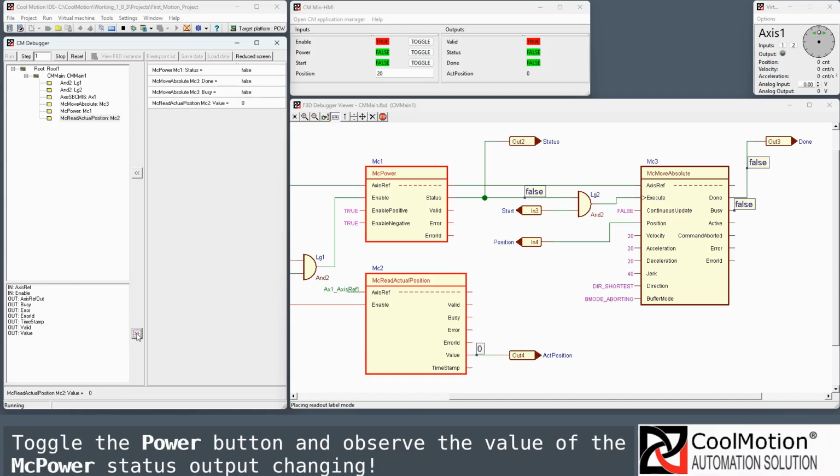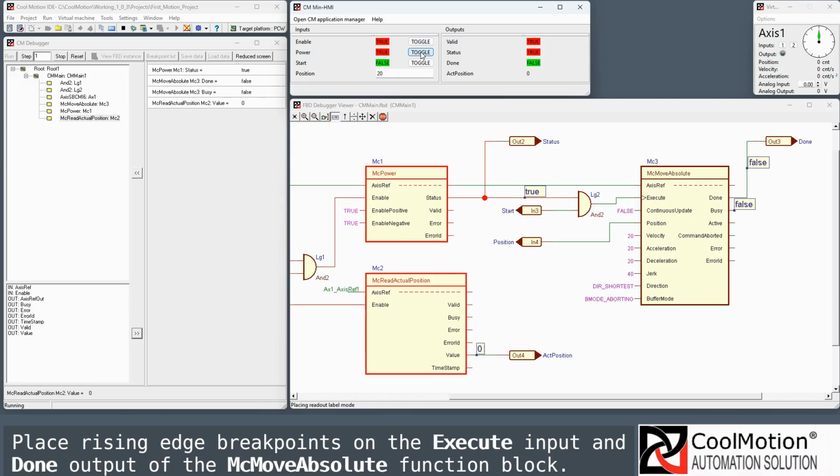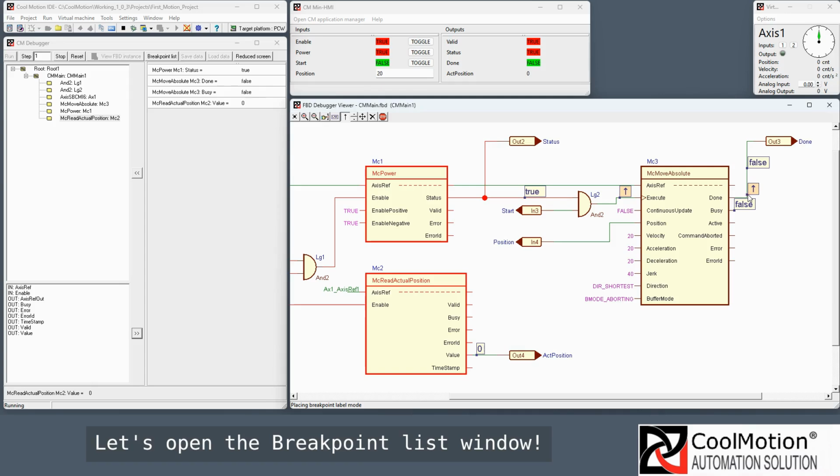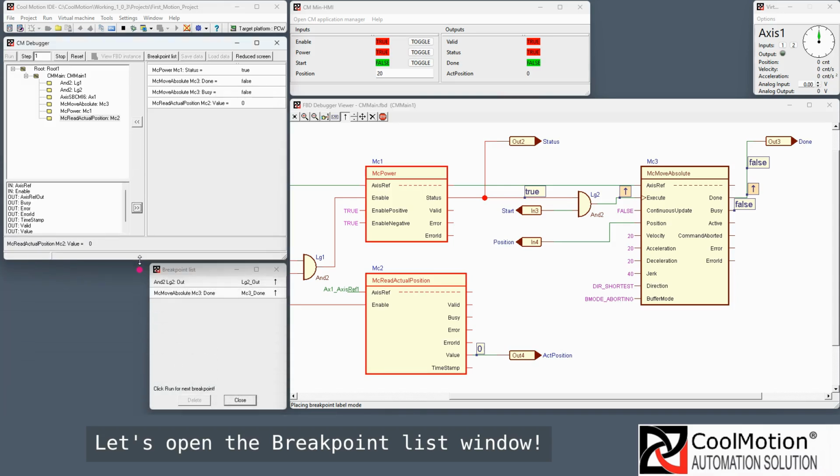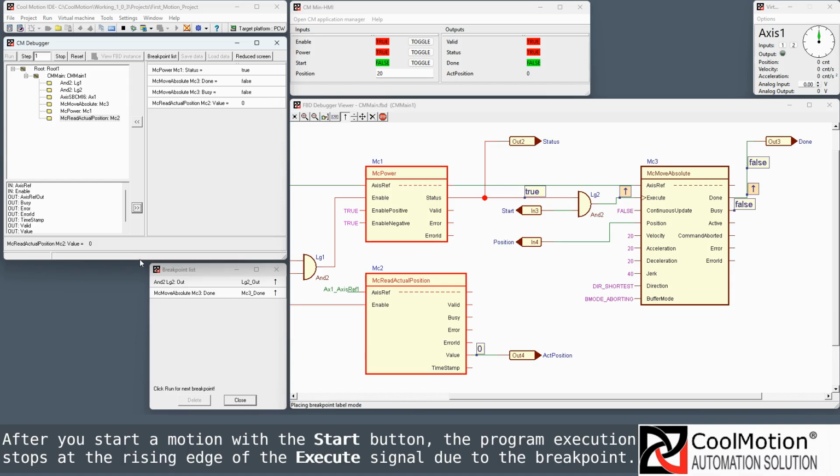Toggle the power button and observe the value of the MC power status output changing. Place rising edge breakpoints on the execute input and done output of the MC move absolute function block. Let's open the breakpoint list window. After you start a motion with the start button, the program execution stops at the rising edge of the execute